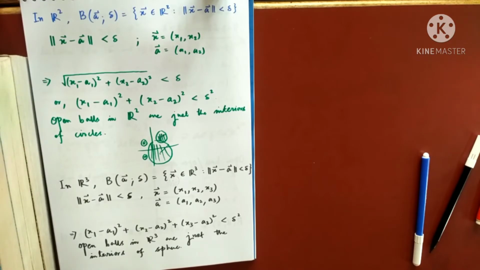Now we cannot visualize more than 3 dimensions, but with a similar notion, we can define open balls in R4, R5, R6 and so on. Now I would ask a question. Tell me, what are the open balls in R? Here I am taking n equals to 1, so I am talking about Rn where n equals to 1. How will open balls in R look like? That is your task. You tell me now. I'll give you 2 minutes to think about it. Open balls in R.